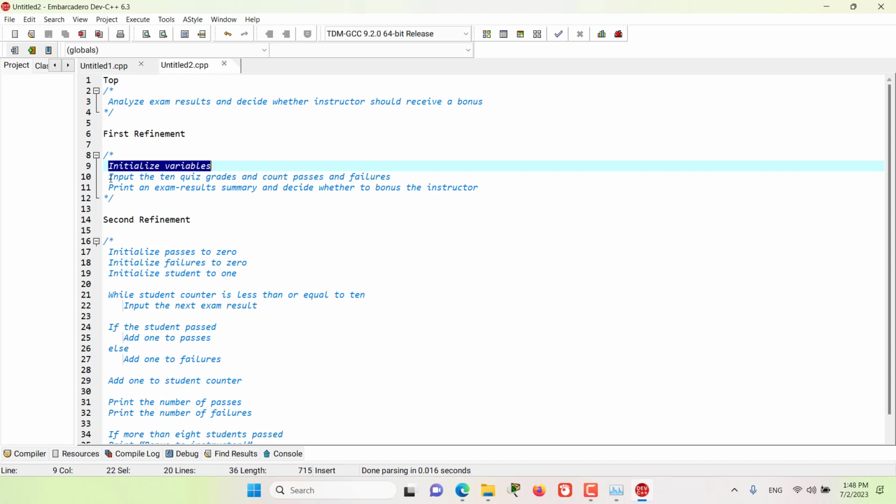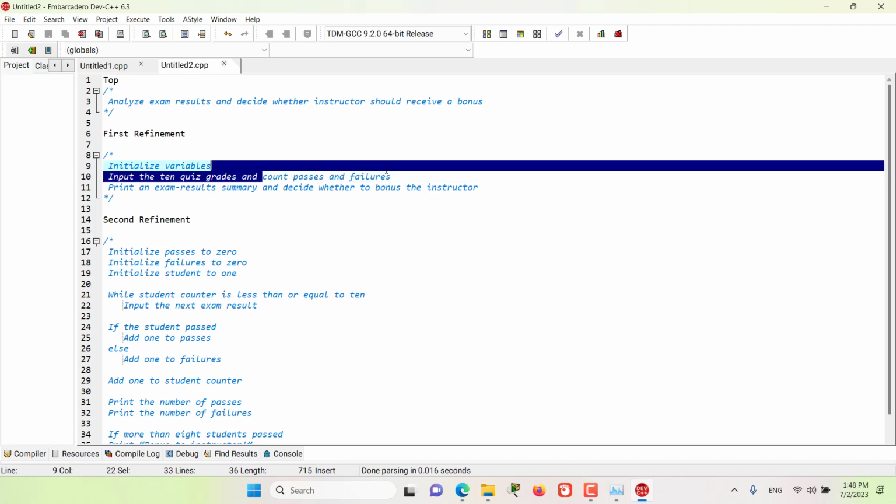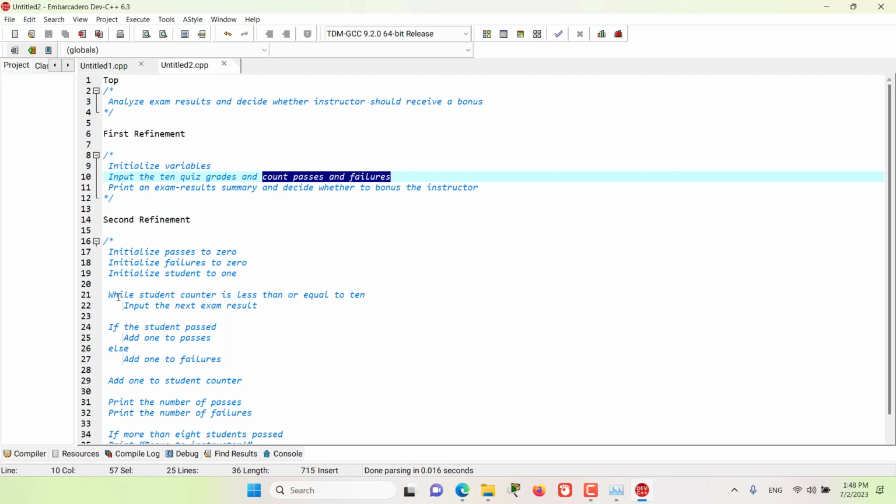And now we come to this part of the program: input 10 quiz grades and count passes and failures. Now we are trying to input 10 quiz grades using a while, so while student counter is less than or equal to 10, input the next exam result. If the student passed, add 1 to passes, and if the student has failed, add 1 to failures. And finally, whether the student has passed or failed, add 1 to student counter, and again go to the while